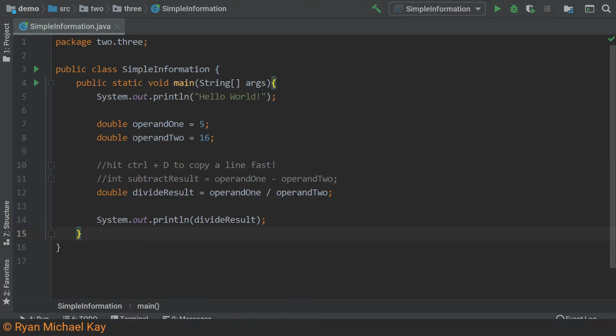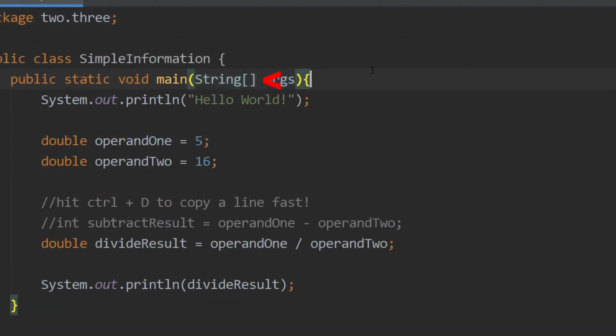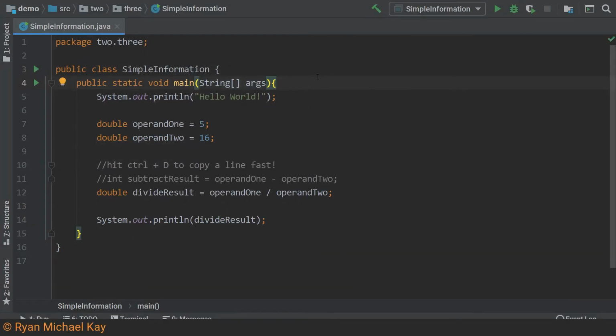Now we will look at a practical problem. Pay close attention, as there will be a coding exercise I expect you to complete at the end of this lesson. Every program needs to have a starting point for execution. In Java and many other C-based languages, that starting point is a main function. Notice how if you change the main method in any way, the IDE will no longer allow it to be used as a starting point. Also notice that main accepts what looks like a string type, but there are some square brackets beside it. These square brackets can follow any primitive or reference type, and they indicate an array structure.